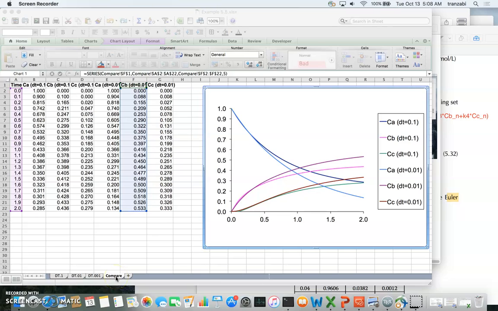In the last lecture, I was covering the comparison between the concentration of the species at different times. So this is again the same plot. We have the concentration against time for 3 different species, A, B, C, and 2 different dt values. The first set of 3 correspond to dt of 0.1, and the last 3 correspond to 0.01. And I was comparing